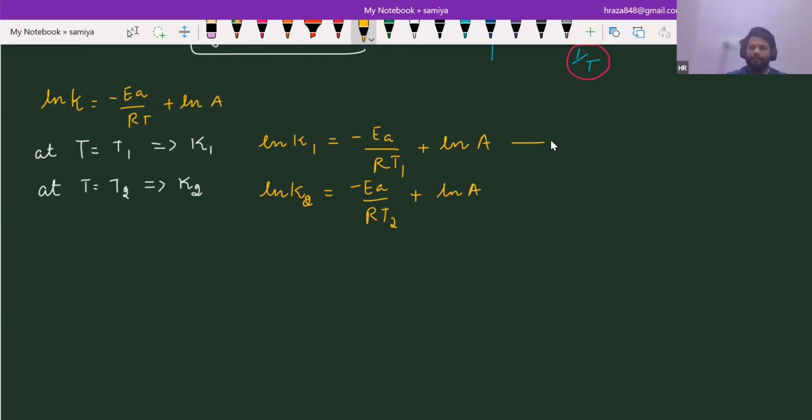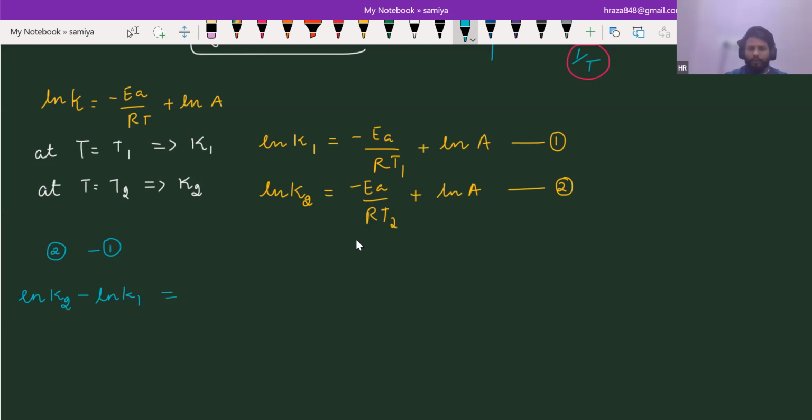And this is your equation number 1. And this is your equation number 2. Now what you need to do is equation 1 minus equation 2. So left will be subtracted from left: ln K2 minus ln K1